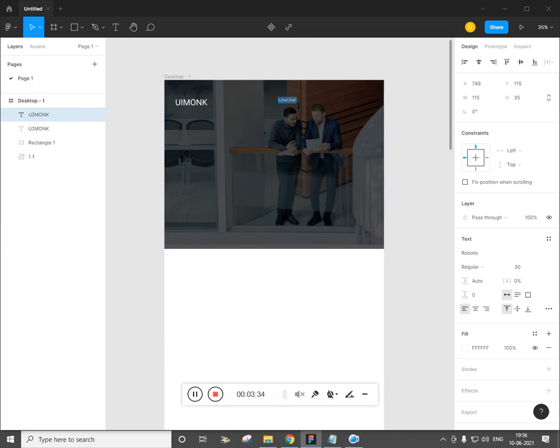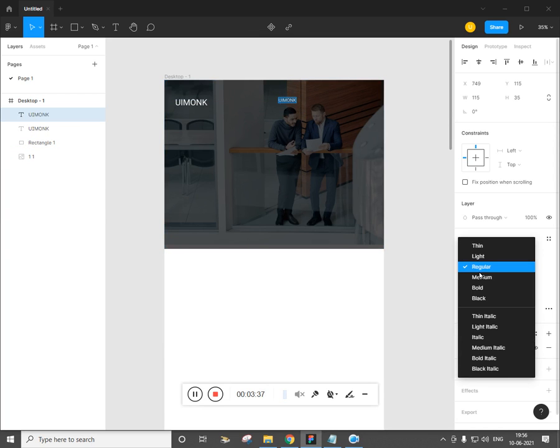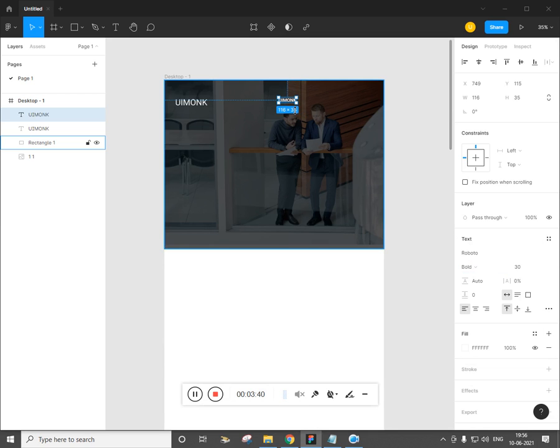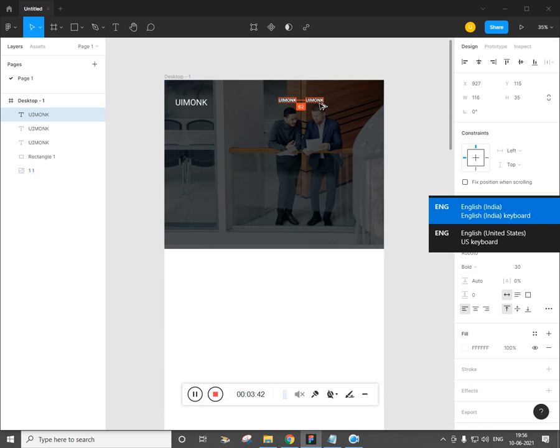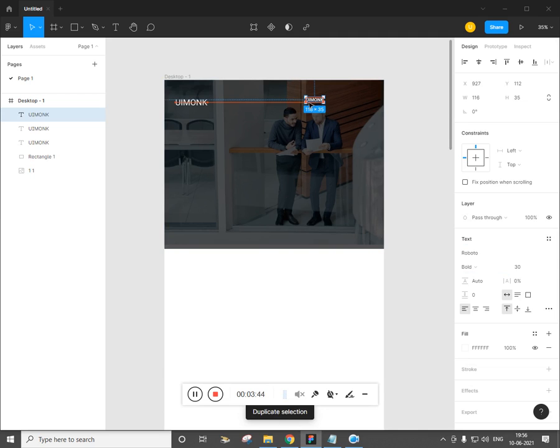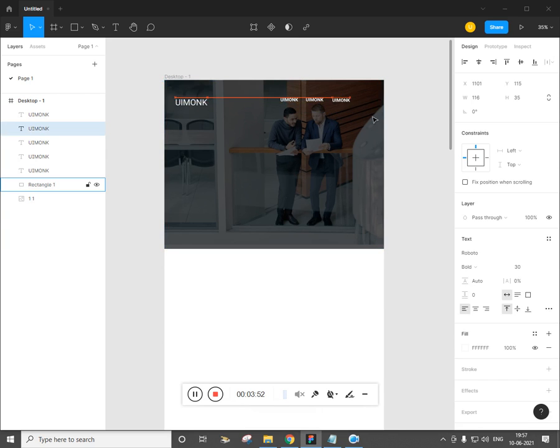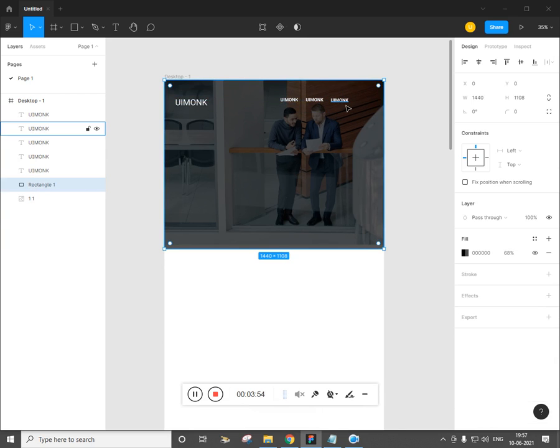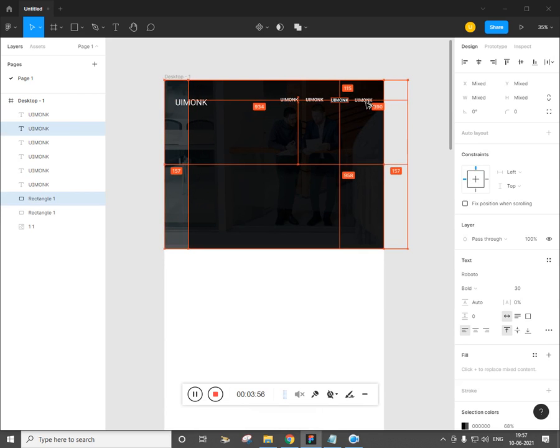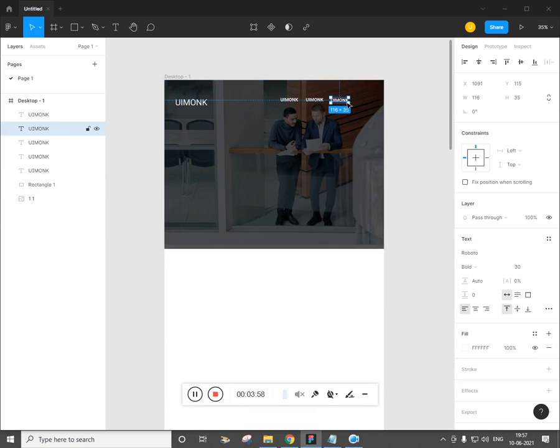Now let's make this bold. Shift and alt drag again one more time. Alt drag, alt drag. Now you know how to make this. Alt drag, select this, alt drag. Now group it.